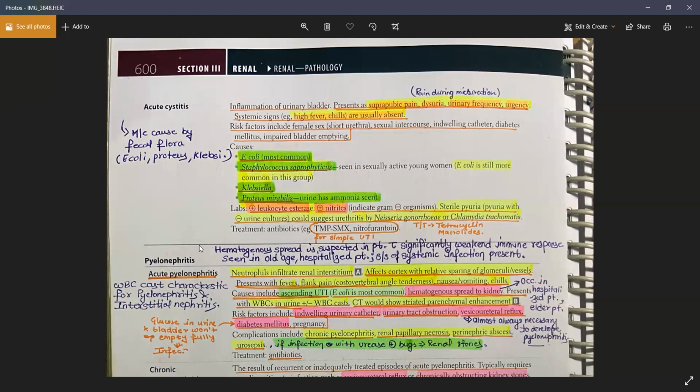Now what happens when the patient has acute cystitis? This infection can reach the kidney also. It could be due to an ascending infection, meaning the infection ascends from the urinary bladder to the kidney via the ureter, or the second thing is the hematogenous route. The infection can enter the blood, and from the blood it can reach the kidney. By both ways the infection can reach the kidney and cause pyelonephritis.